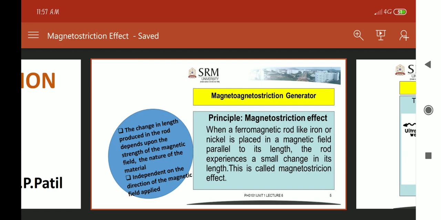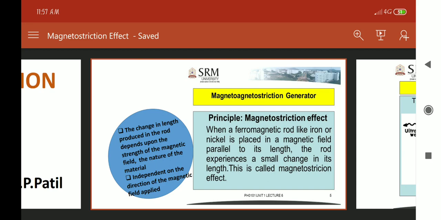Under the influence of an alternating magnetic field, the rod expands and contracts in length alternately. Hence, longitudinal compressional waves are produced in the medium around the rod. So this is the simple principle.